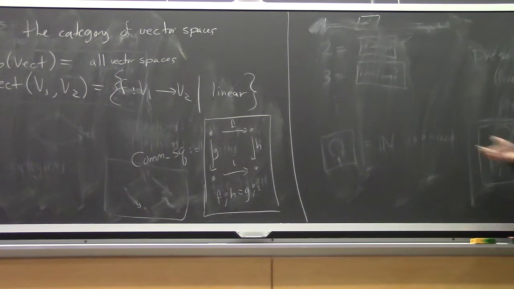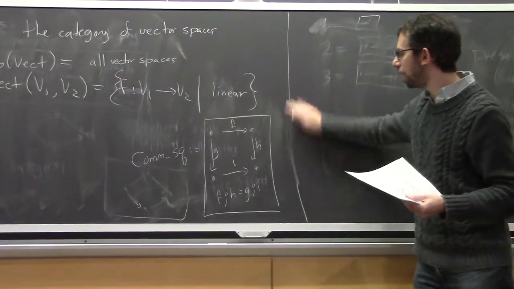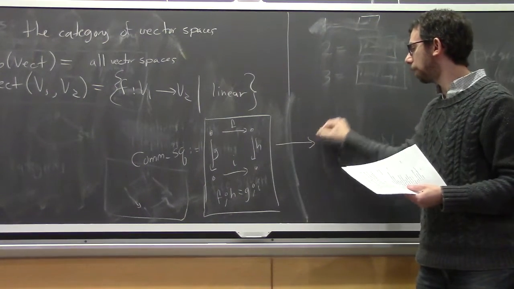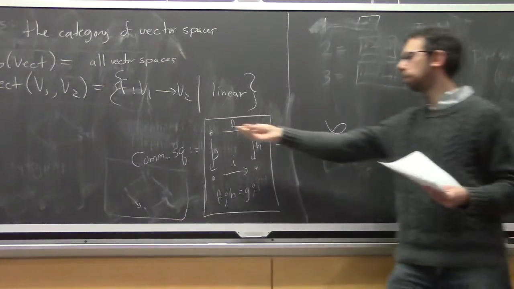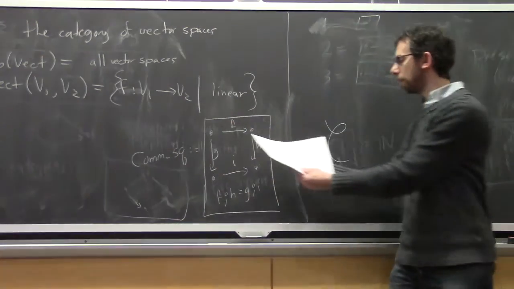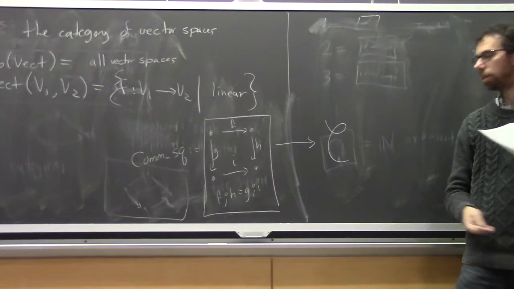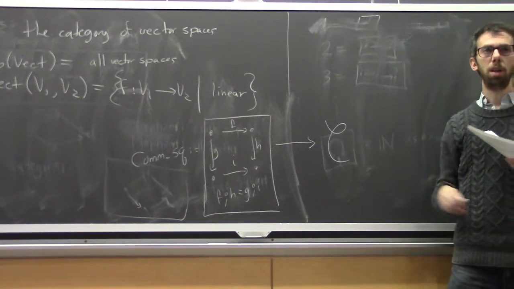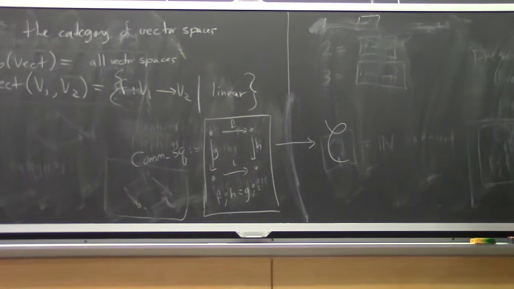Now, does this ever occur in pure math? It does in category theory, because every time you see a commutative diagram, you're actually talking about a functor. If someone says, "Oh, I have a commutative diagram of sets," they're going to give you 4 sets and 4 functions, and they're going to ask this to commute. And so they're actually just giving you a functor from this to here. So any diagram you see in a category theory paper is actually just a functor from a tiny little category like this into your category. So it's a useful idea, but does not use real composition, just the idea of composition.